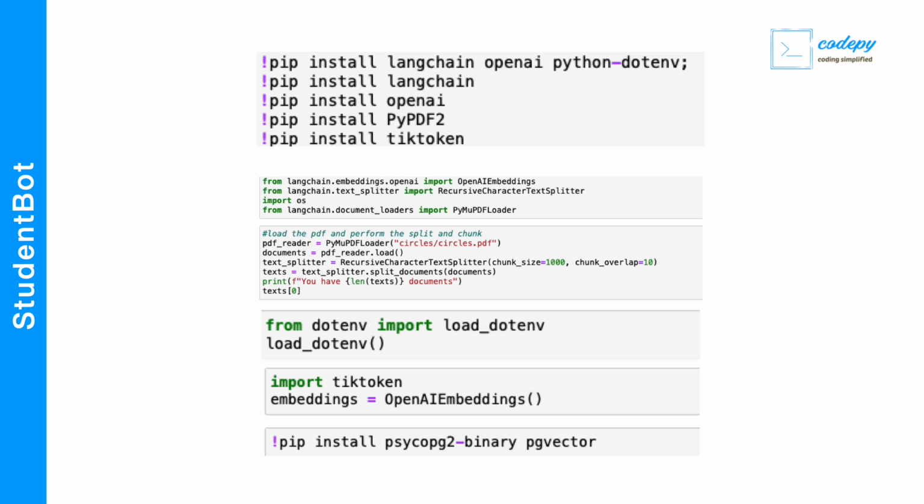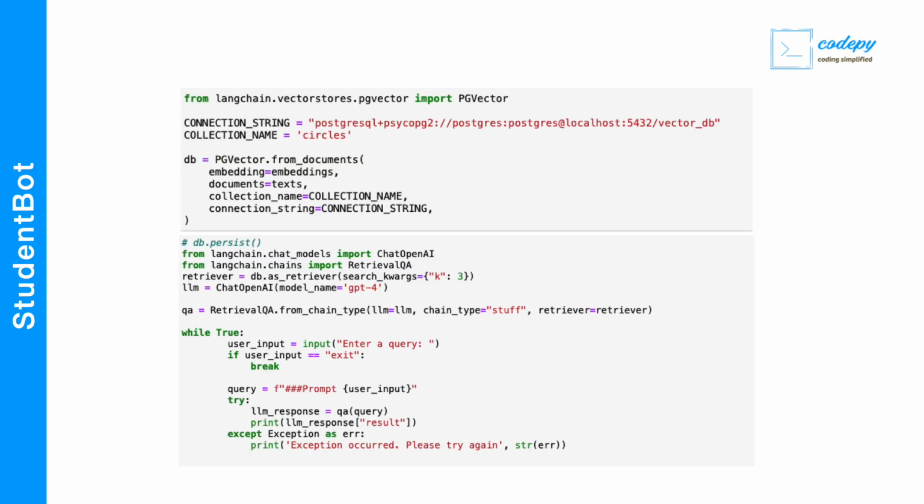We create an embeddings object equals OpenAI embeddings. Finally, we install psycopg2-binary and pgvector. Okay, I hope you understand. Once you install psycopg2-binary and pgvector, that's where we will be able to use the Postgres vector concept within the database. So from LangChain vector stores PGVector,